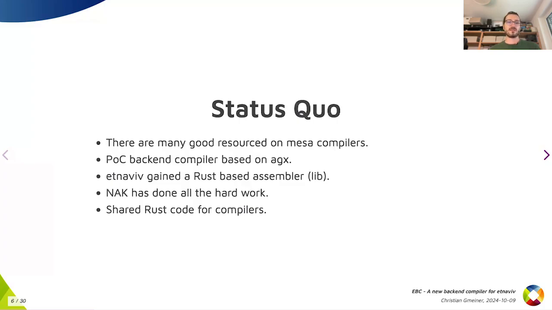At last year's XDC, I already talked about the new backend compiler for etnaviv. Looking back, it was a good first step, but was stalled by some missing ISA spec bits. The good news is I can reuse many of the NIR passes I wrote back then, so not much time was wasted. As I always wanted to have a good foundation to build a compiler on top, I needed much